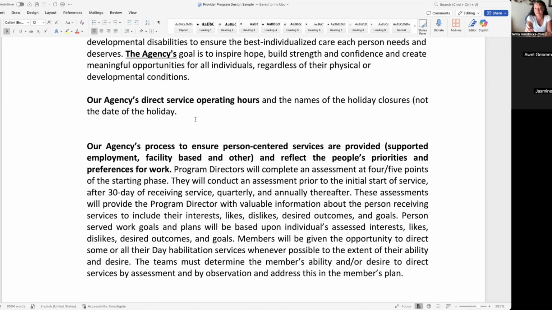Typically, your hours can be 24 hours if you like. However, because most of your clientele would be in a group home or supportive living home during the night, they typically don't require day services at night. But it's not to say that you can't provide day services, maybe 12 p.m. to 6 p.m., or 1 to 7. You can provide services during the evening time if you like.